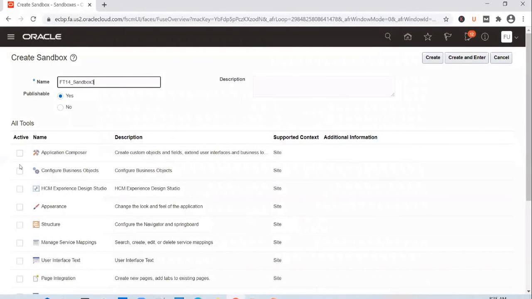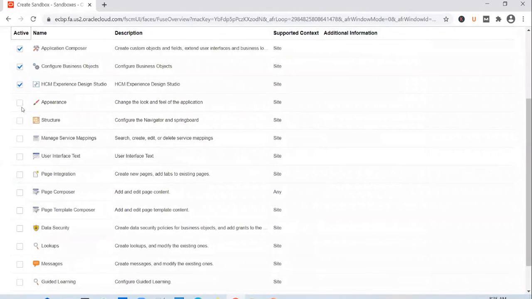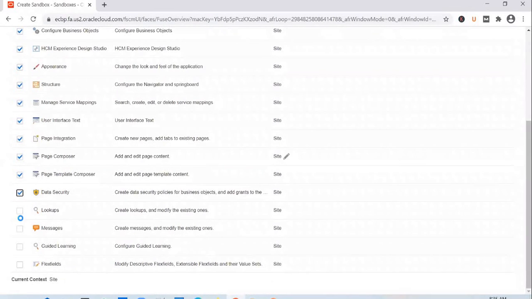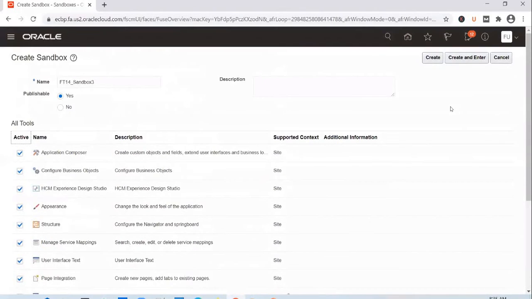Call it sandbox 3. And you can select all the tools here. And click on create and enter.